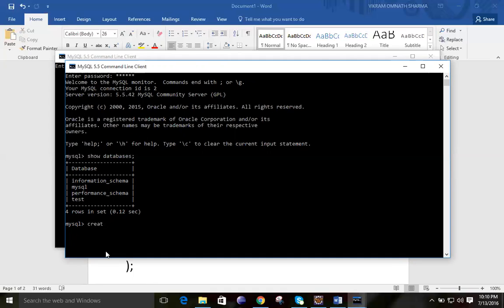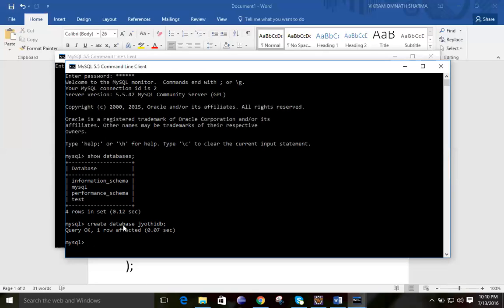The command for creating a database is: create database, and then the name of the database. Suppose you need to create a database with your own name, like Jyoti DB, then a semicolon. If the syntax is correct, you will get this message; otherwise you will get an error message like this.